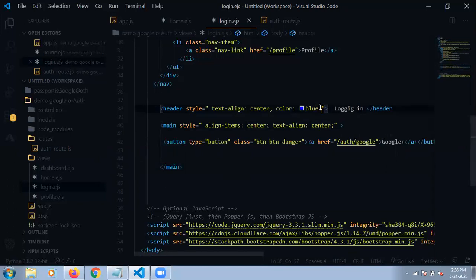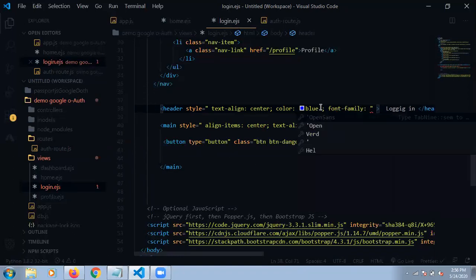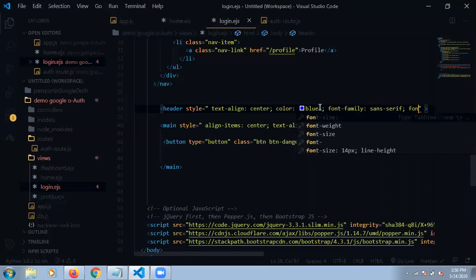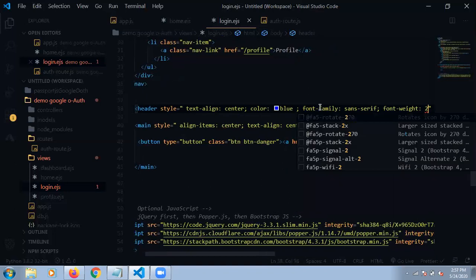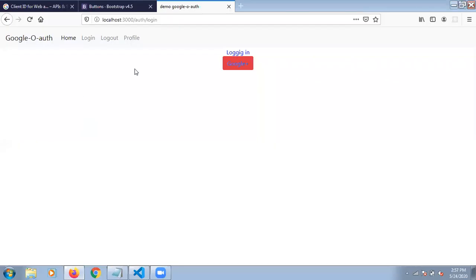So here, font style and font weight. Font family we are using sans-serif, and font weight is something given, 100 or 200. Let's see how 200 looks. I don't know that. Okay, fine.